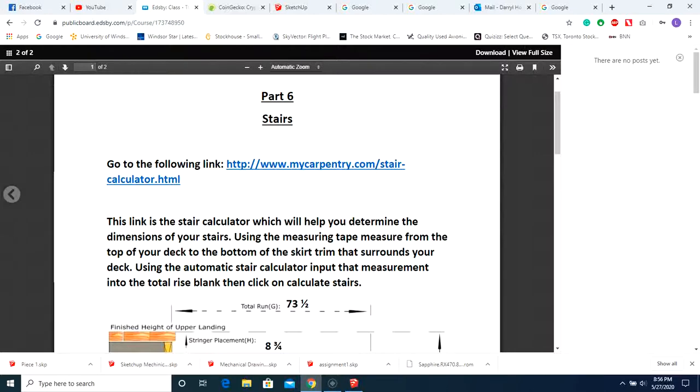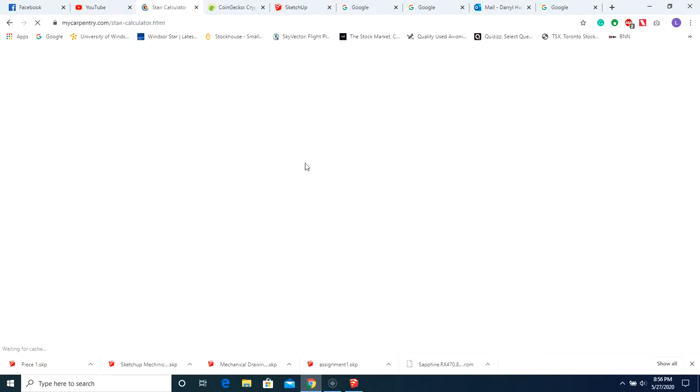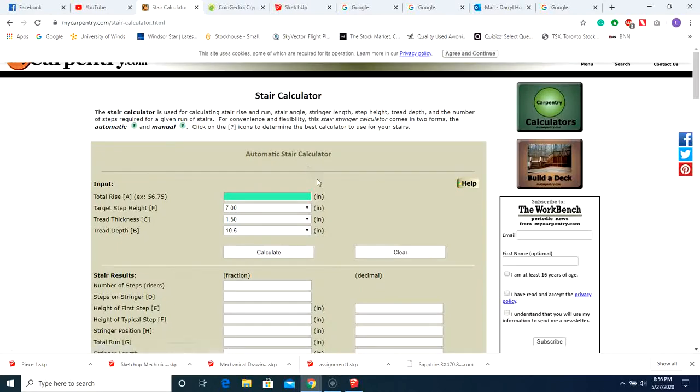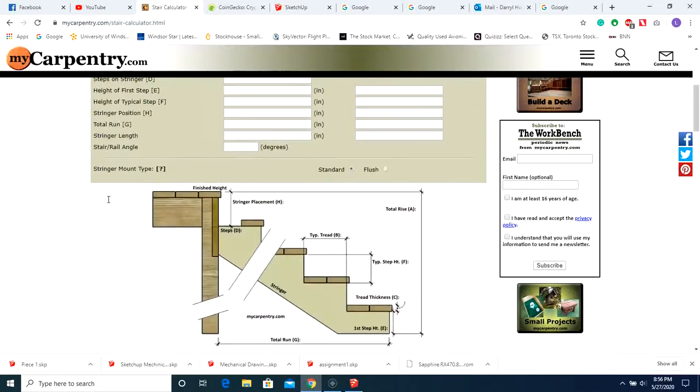This video is for part 6 of the deck project, where we're going to concentrate on creating the stairs. So you're going to open your PDF file and click on this link. It'll take you directly to the website that you're going to need to be at, and we're only going to be concerned about one measurement, and that is the total rise. If you scroll down here, the total rise is from the bottom of the stairs, which in our case is going to be the ground, to the top of the deck, which is going to be the top of that